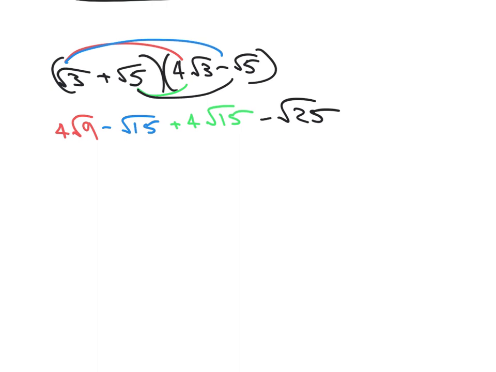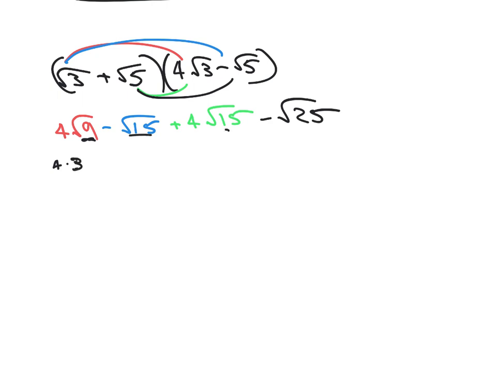Okay, so remember, I can multiply anything. So the square root of 5 times the square root of 3 gave me the square root of 15. Okay, so now I'm going to combine like terms here and do some simplifying. Square root of 9 is 3, so 4 times 3. Minus the square root of 15, can't do anything with that. Well, in fact, what I'm going to do is I'm going to look at